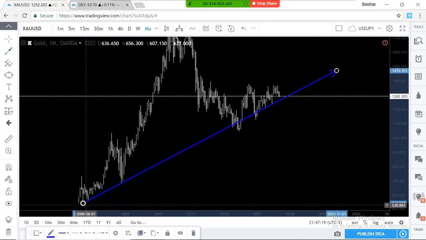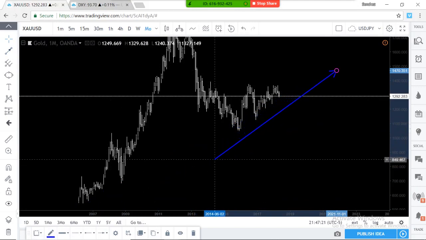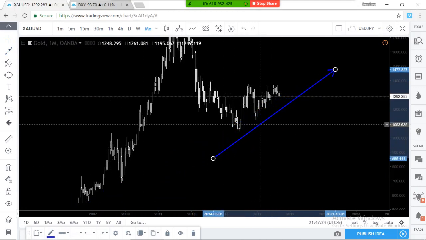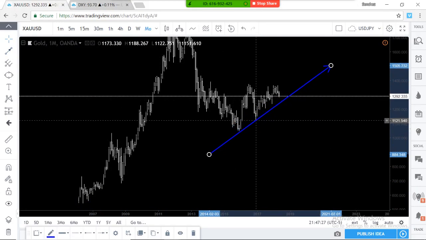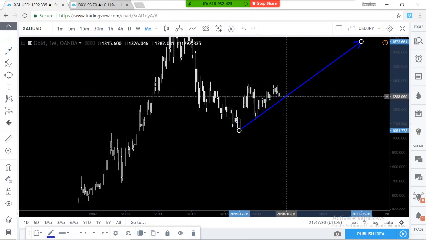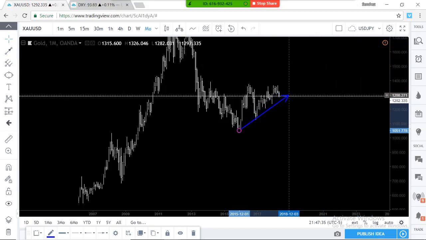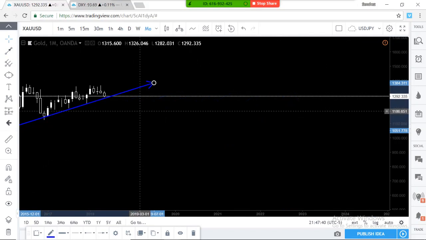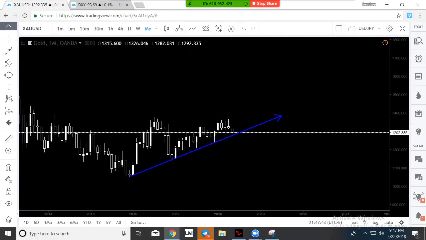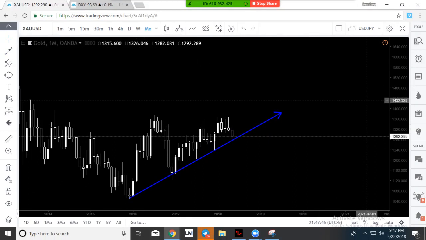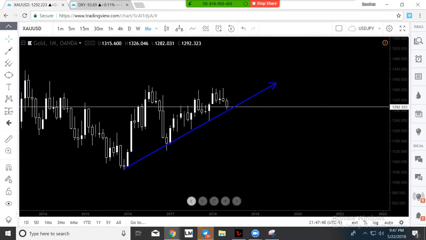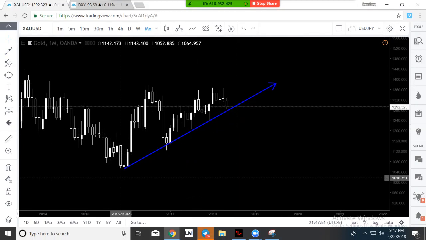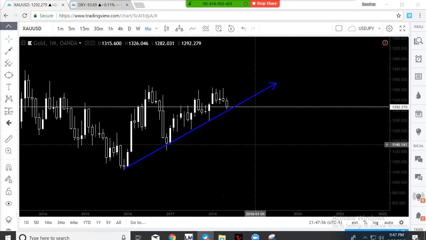We got an uptrend. Let me go ahead and pick a better point, just so you guys can see, because there's a solid one in here. Now the way that I pick my uptrends is by the most hits. That's how I do that. So the tips right here. The more hits, the stronger the trend line. This is a prime example of that. And look where we're at. We're at the bottom of a very strong trend line, because since November 2015 you can see here that it's been on the uptrend.